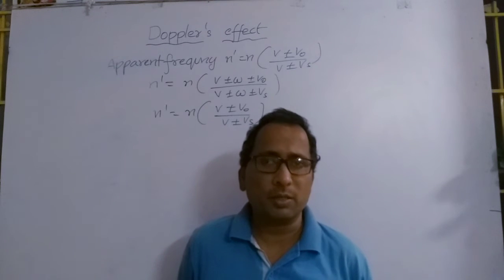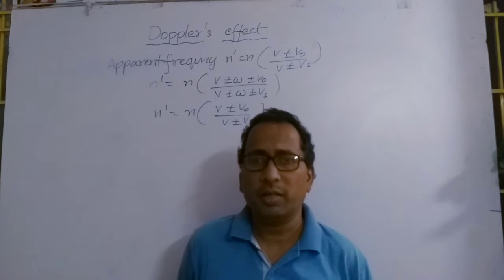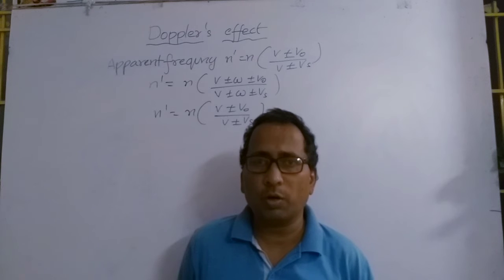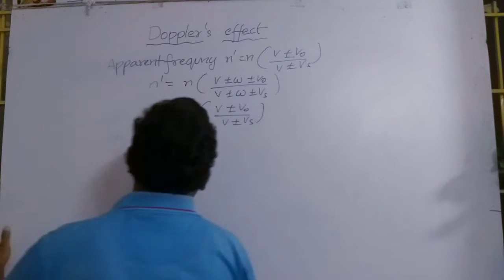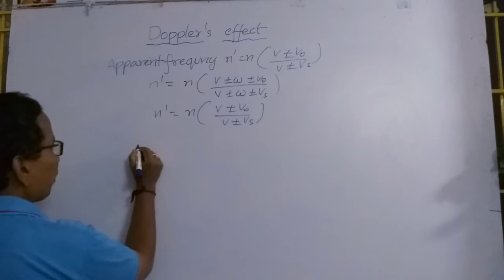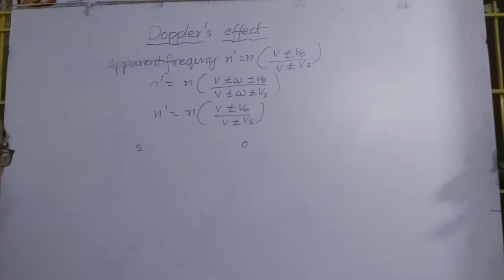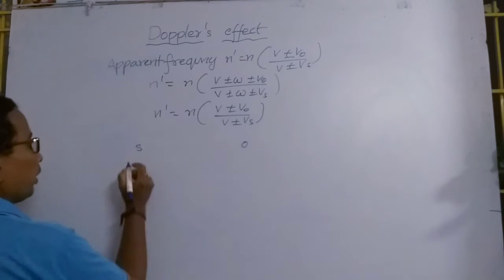Whatever may be the case, you can write the concerned formula in an easy way. That is a very important one. So I am explaining one or two formulas, for the sake of example to understand the formula. Okay, let us come and discuss on the board. Suppose source is approaching the observer. Source and observer can be written like this. It is the easy way that I am following here.